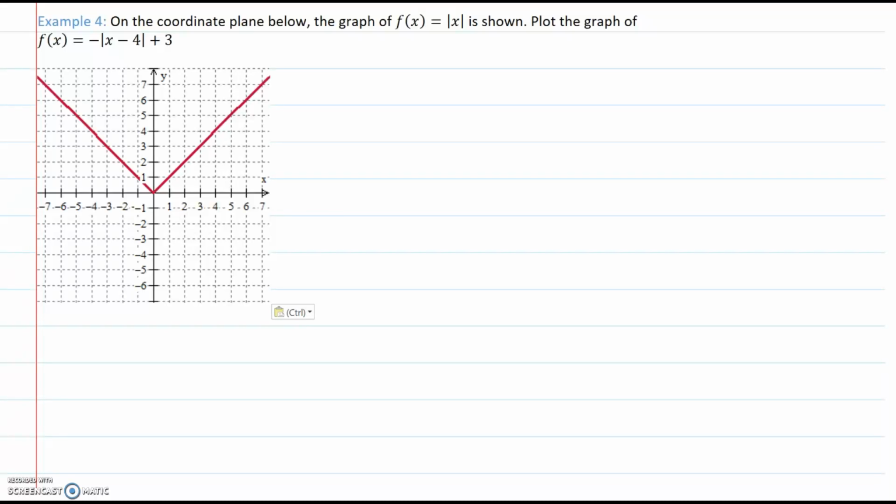This is going to be our most complicated transformation yet. We're starting off with the graph of f(x) equals the absolute value of x, and what we want to produce is the graph of the function f(x) equals negative the absolute value of x minus 4